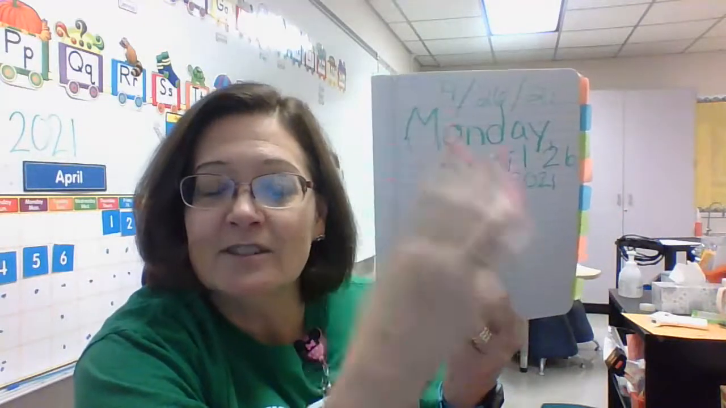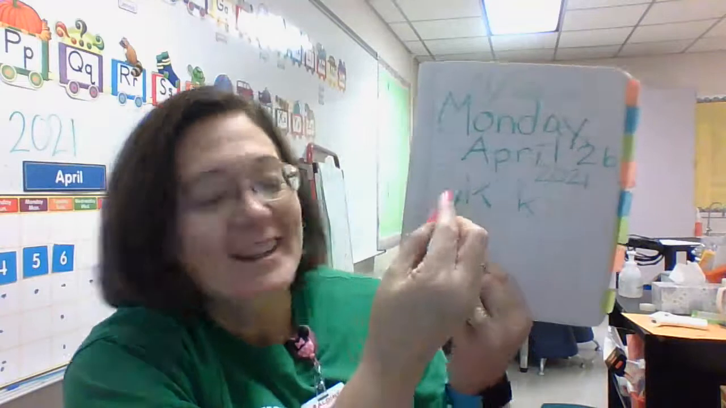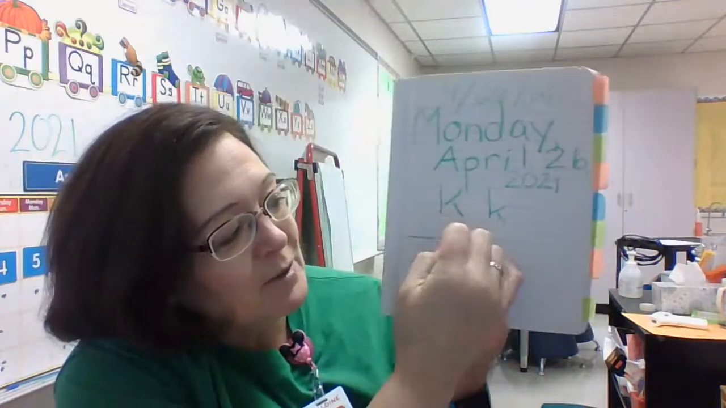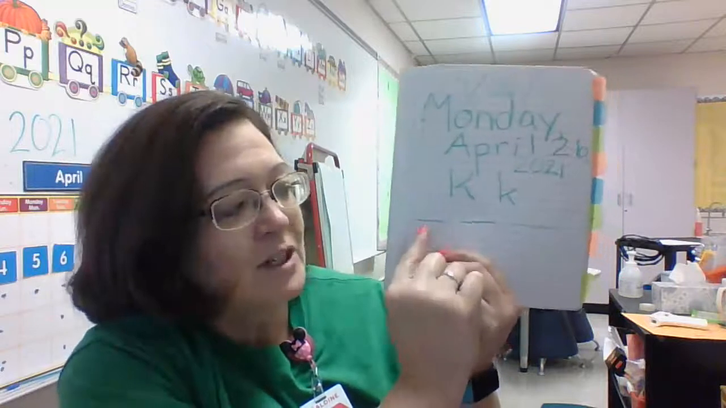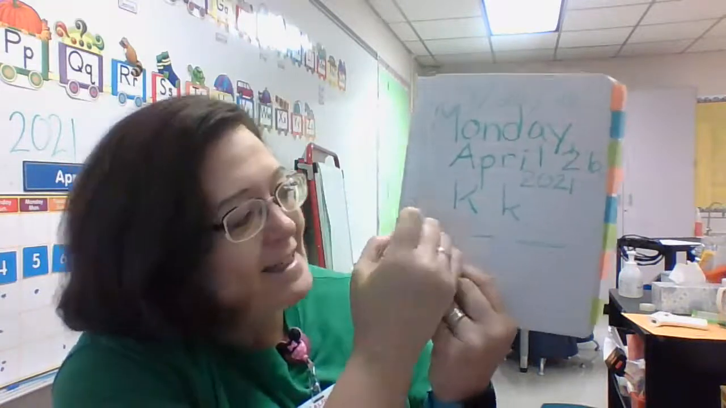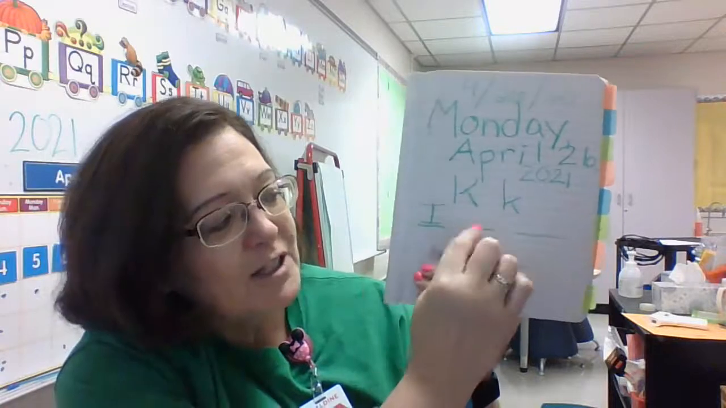Okay? So the sentence is I can kick. Let's do it. I can kick. How many words? Three. So we're going to draw three lines. One, two, three. Let's sound it out. First word, I. We know that word. It's a capital because it begins the sentence. Next word,